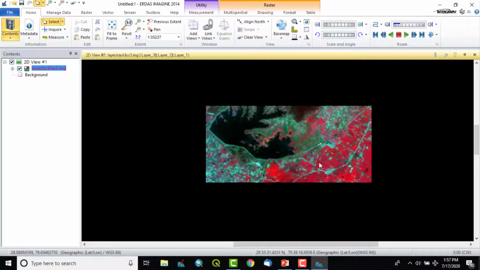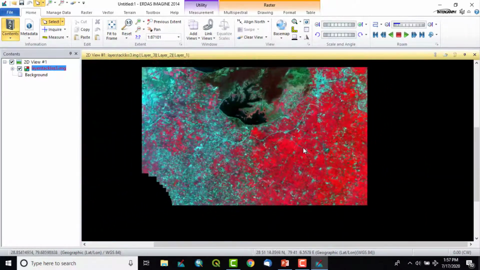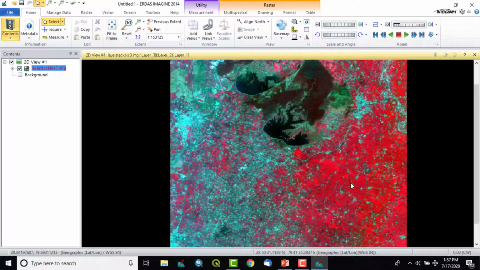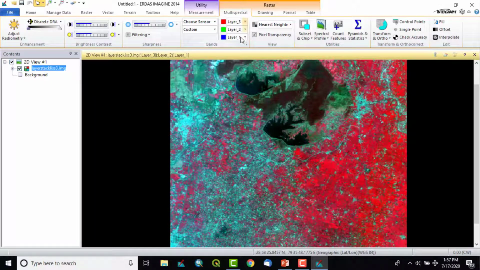So vegetation and agricultural fields are shown in pink and red color tones or shades. So this combination is only available when you do this particular band combination. So it is different for different satellite data. This 321 is for LISS 3 satellite data.